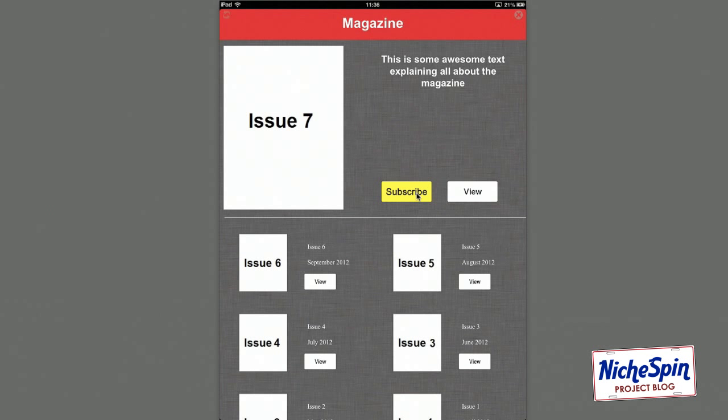And all we're going to do to begin with is generate some PDF documents that will be linked to by the buttons on the screen that you see here, the view buttons, and then the user will be able to read the PDF document. I don't want to go any further with this video because it's already taking way too long, and I really hope you've enjoyed it and it's given you a good lead in to building a Newsstand